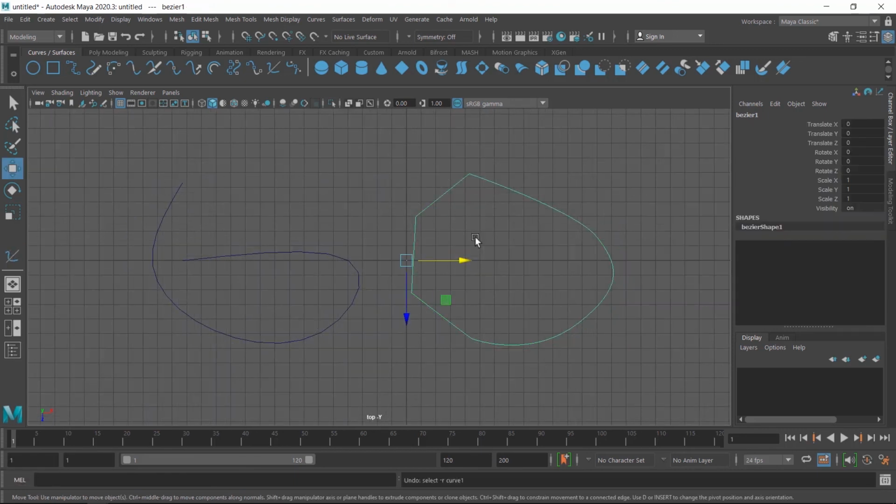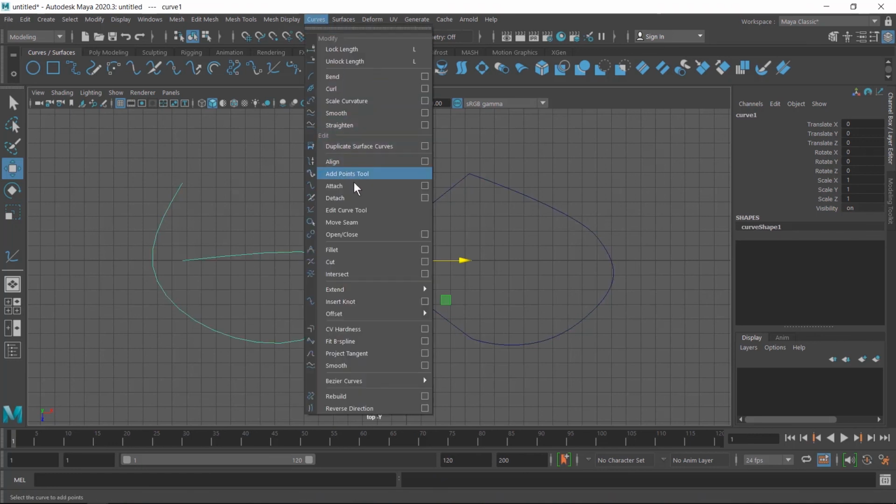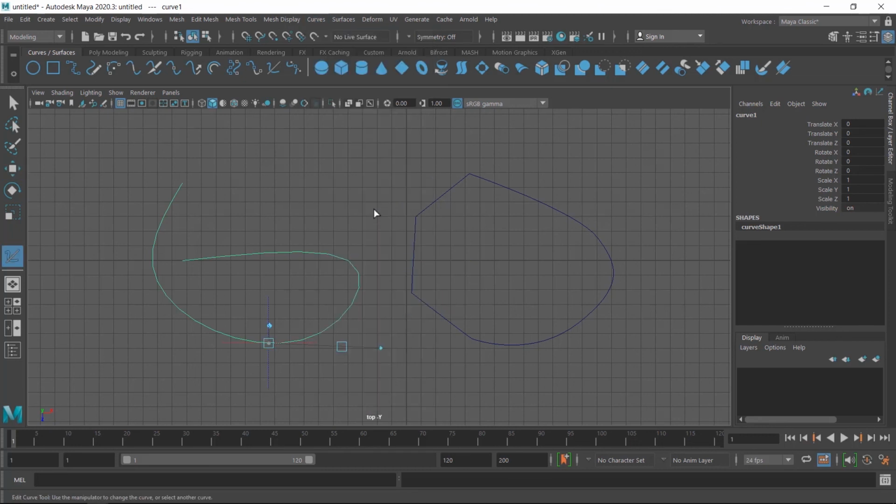The second tool is the edit curve tool. So first I select this curve shape and then go to the curves menu and click on edit curve tool, and this tool has no settings. So I click on this. This tool has a couple of control points. If you want to select and move, click on this point and move it anywhere on the path. Suppose you want to modify this area, so release your mouse here and click and drag this point, so you can see the curve shape is changed.